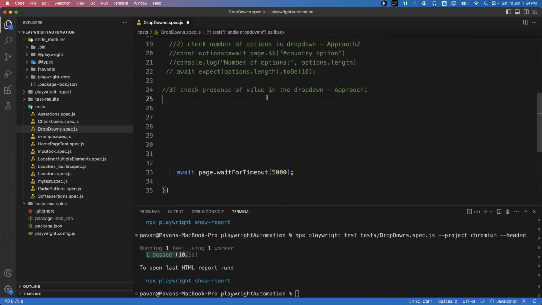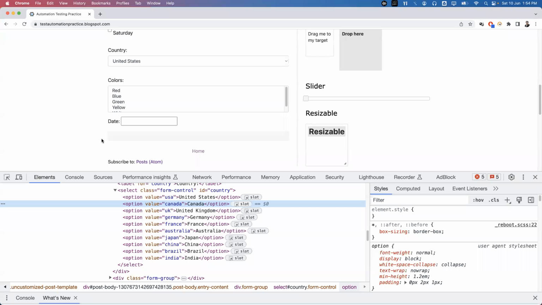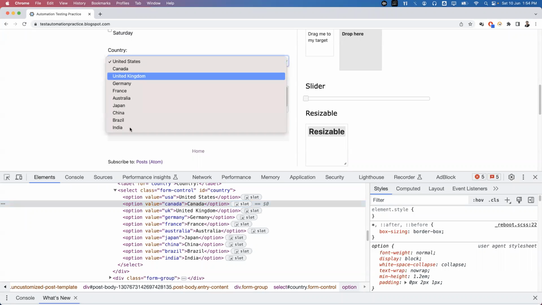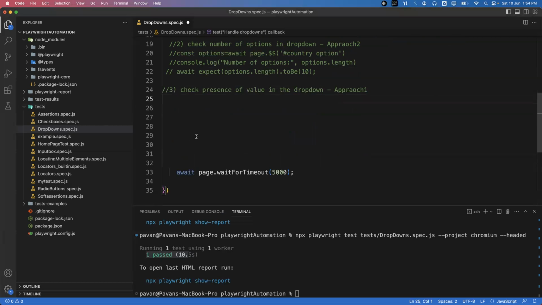So basically I want to check whether some particular value or option is present in the dropdown or not. For example, here inside the country dropdown, I just want to check a particular option. Let's say India is present in this dropdown or not. That is one type of validation we can add. So for that, what we can do is